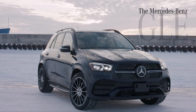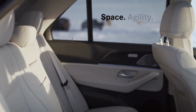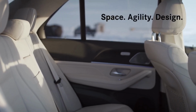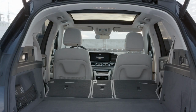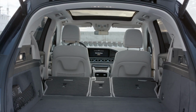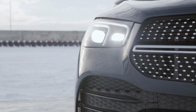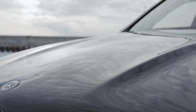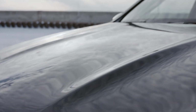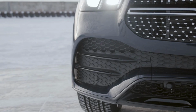When you need all kinds of strength, you need the GLE SUV. With space, agility, and flawless design, the new GLE exemplifies modern luxury on and off the road. Even a quick glance reveals a range of compelling features: dynamic exterior accents, short overhangs, large 20-inch wheels, full LED lighting, bold power domes on an aerodynamic hood, and with the optional night package, AMG Sport styling, glossy black accents,